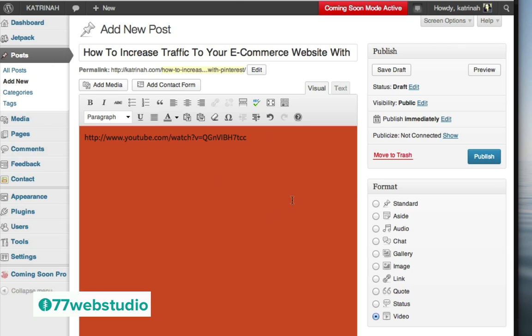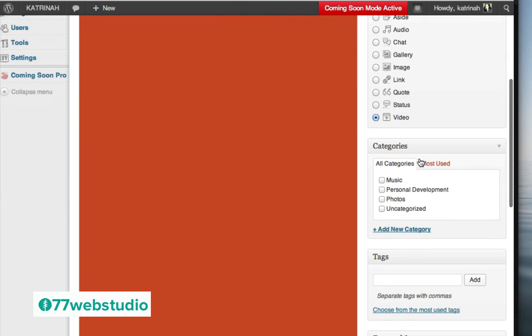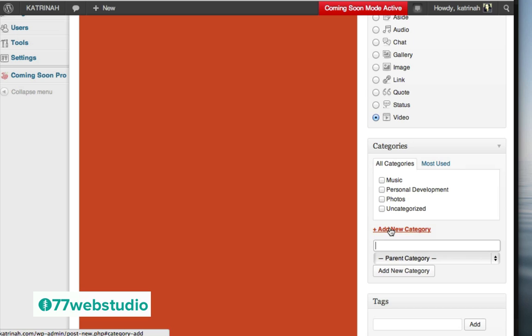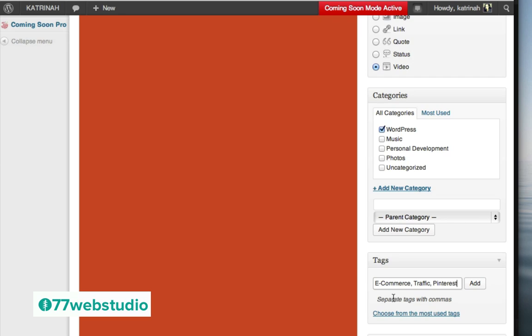Okay, so once we have that set up, once again we can scroll down and we can add a category and tag for this post. So for the category, I'm going to click on Add New Category, and I'll call this WordPress, and then I'm going to click on the button that says Add New Category. And for the tags, I'll call this e-commerce, traffic, and Pinterest, all separated by a comma,